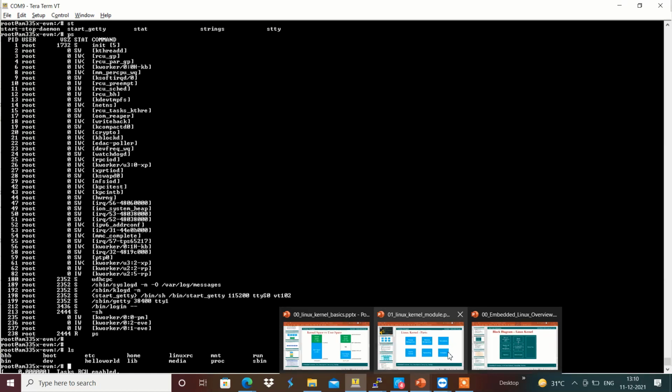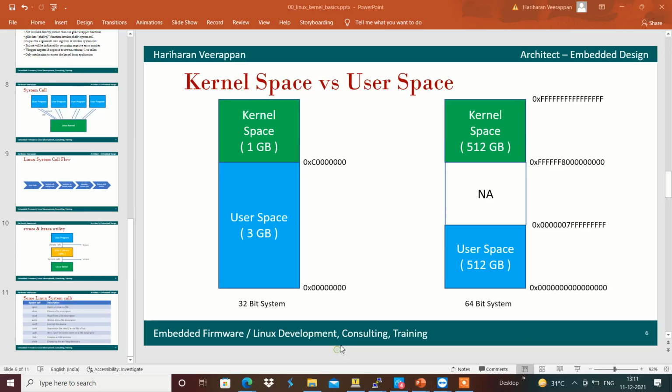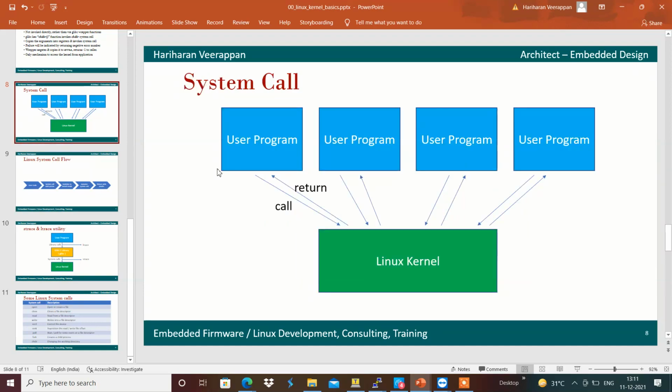There won't be any service continuously running, but it gets initiated with system calls. For example, a user program initiates a change directory system call, and it goes into the Linux kernel, and the Linux kernel handles that chdir system call with respect to the parameters and returns back the information.